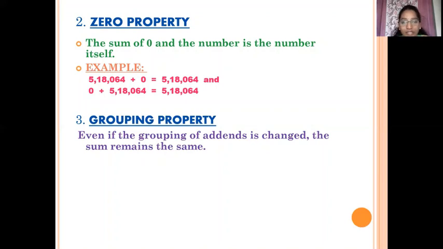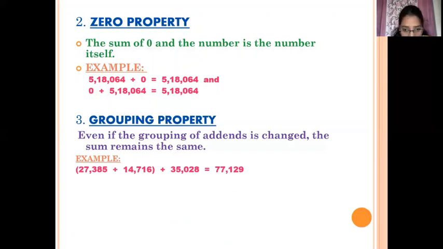The sum remains the same. Let's take an example. Here I have 27,385 plus 14,716 plus